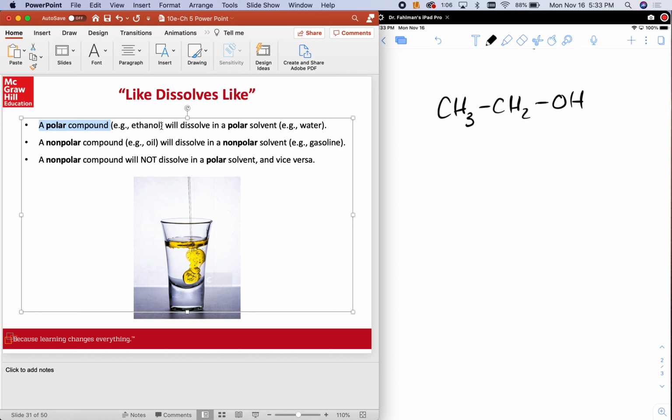Okay, it's polar because if you were to do the Lewis structure of this, I won't show the hydrogens, just as lines here. Whoops, it's actually bent, right? And so I think you would agree that these bond dipoles wouldn't cancel. You've got a carbon-oxygen here, and then a hydrogen-oxygen, and so there's no way that these dipoles would cancel. So this is a polar molecule, and so if another one of those comes around,